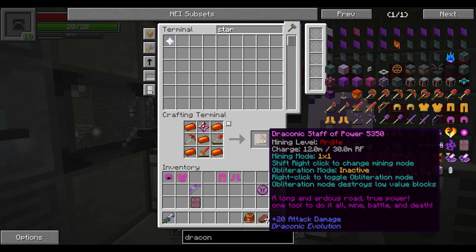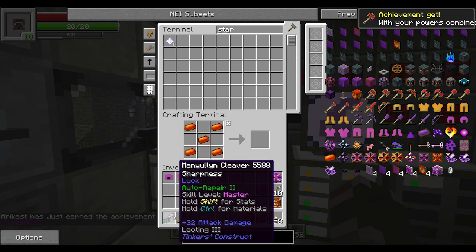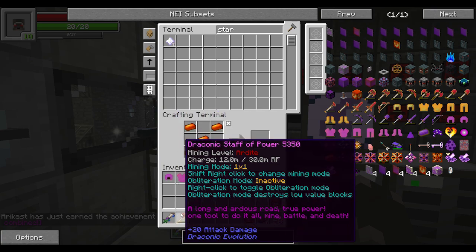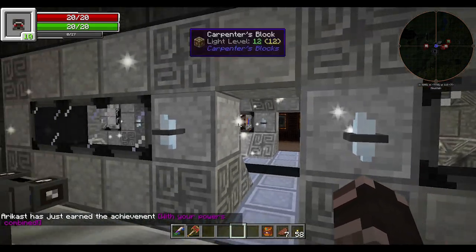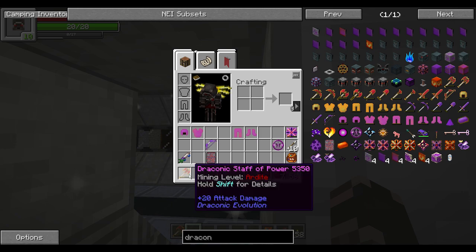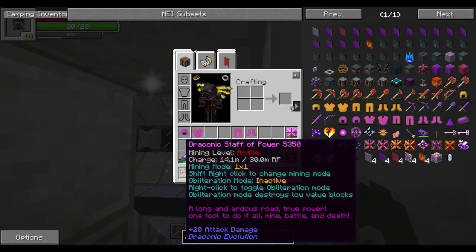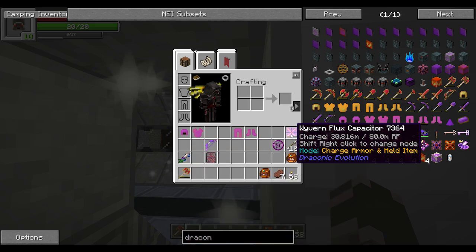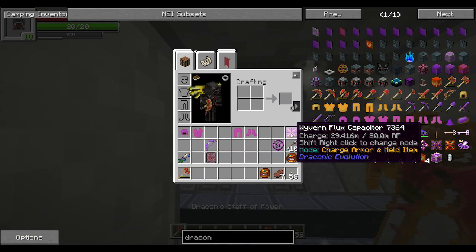Okay, so shift right click to change the mining mode. Obliteration mode, it's got that as well. Yeah, so 20 attack damage. So it's still not as good as this one, 32, but this one also has an AoE effect. So yeah, I'll show you. We're not going to be able to really see. Oh, I bet you this is going to drain like crazy. Trying to fill this up. It's actually not draining at all, which is really weird. Oh, because I'm not holding it. Okay. So, now that I'm holding it...